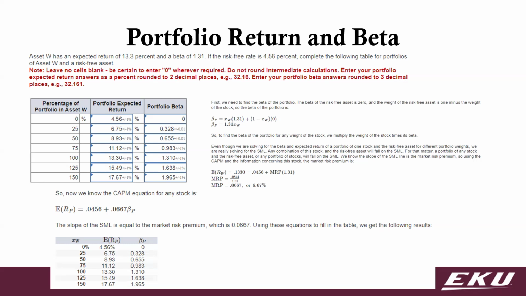If you look at the 100%, that is only owning W and no risk-free. So the expected return is equal to asset W, and the portfolio beta is equal to the beta of W. So just so you understand, in the table, that's what those two particular numbers are looking at, okay? Anything that's between 0 and 100, you do not own some percentage of W, and instead you've invested that in the risk-free rate. Anything that's over 100%, what that means is we borrowed at the risk-free rate and put more